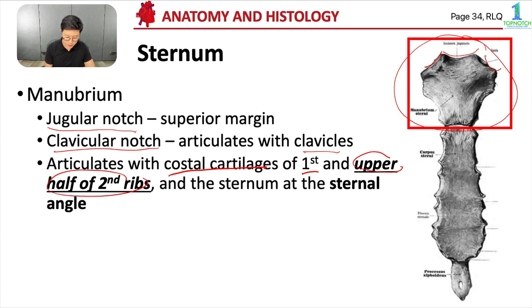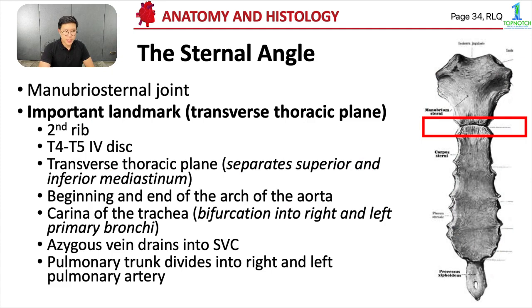And the manubrium also articulates with the body of the sternum at the sternal angle. So ito yung manubrium, ito yung body of the sternum. Sa sternal angle, dun siya nag-articulate. So the sternal angle is also known as your manubriosternal joint. It is a very important landmark. So take note of all of these